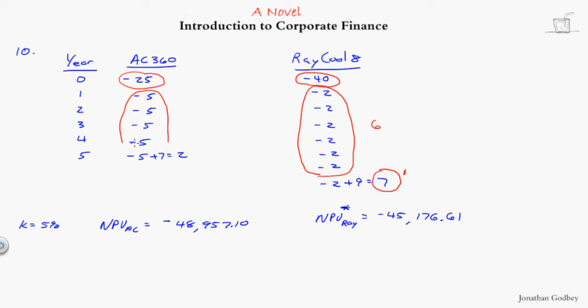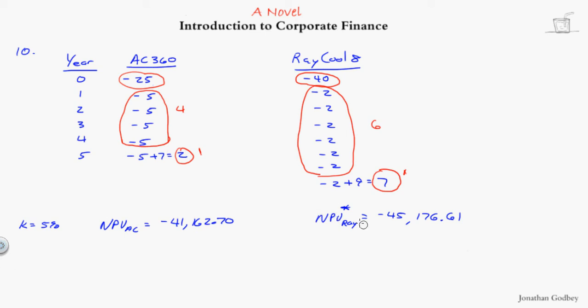So this is still cash flow 0. This is cash flow 1, it happens 4 times. This is cash flow 2, it happens once. So my net present value is not minus 48,000. My net present value is minus 41,162.7. Okay, so now which one of these would you prefer? The difference